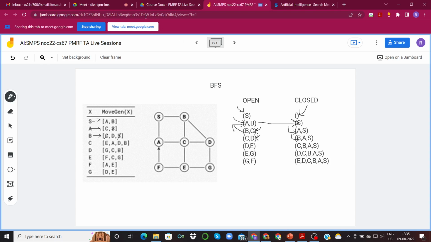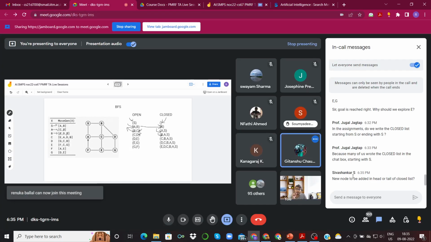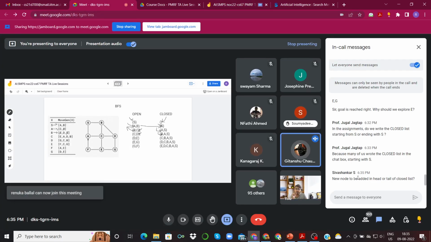Sir, sorry for the interruption, but is it necessary to start with A or we can go with B also? No, we started with S, right? We didn't start with A. Yes, sir. After S, we will be having two options, to go with A or to go with the node B. Then we choose A. So is it compulsory to go with the first one, or does it depend